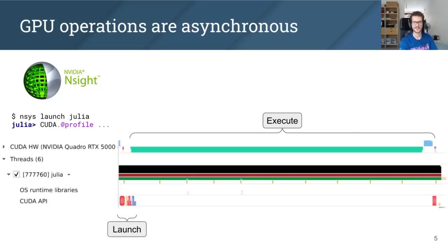You can very clearly see this when profiling the code. I'm using NVIDIA Nsight Systems to do so, simply launching Julia under nsys and wrapping the code I want to profile with the CUDA.@profile macro. That produces a profile file, which we can open using the Nsight Systems user interface, producing what I've screenshotted here on the slide. The bottom lines in the screenshot represent threads executing on the CPU, and as you can see, the time spent launching our kernel is very short. The top lines represent the GPU, which takes much longer actually executing this kernel. This is a very common pattern for GPU programmers, because these asynchronous launches make it possible to use the GPU much more efficiently.